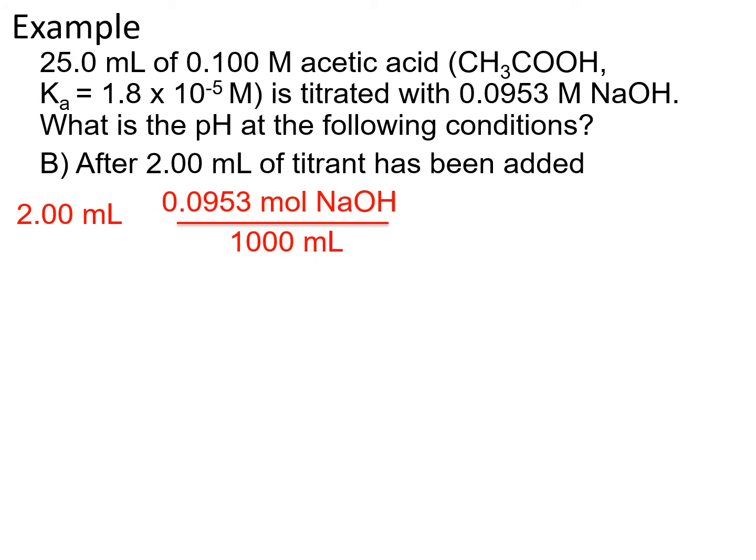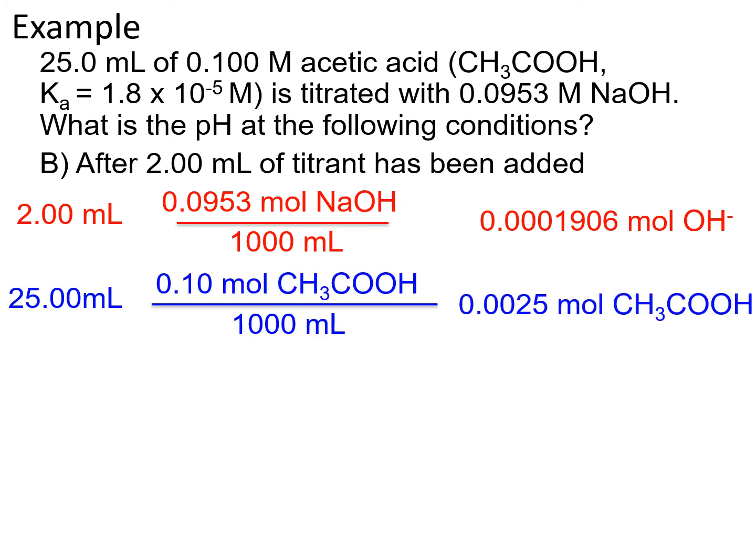So here I'm using the 2 milliliters of my base to figure out how many moles of hydroxide I have. I'm going to use the 25 milliliters of my acetic acid to figure out how many moles of acetic acid I have. And so at this point, I know that my base is going to react with my acetic acid,